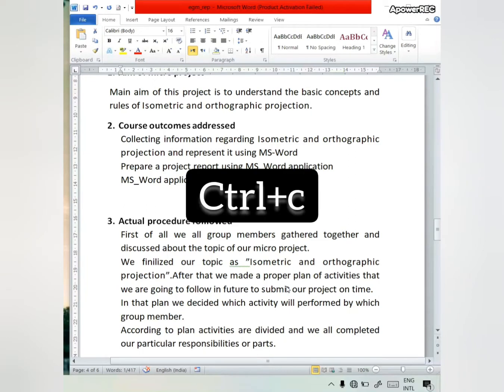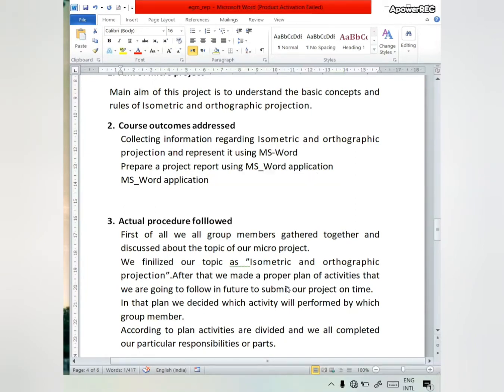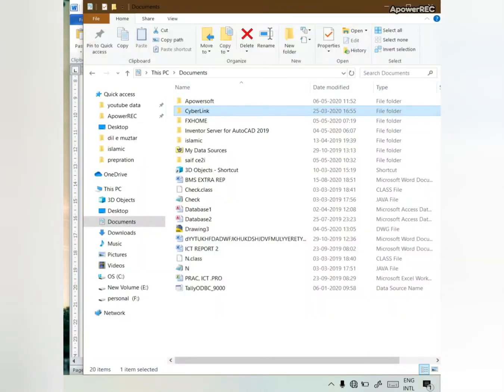Next shortcut is Control key along with the alphabet C. So this shortcut is basically used to copy the current content. You can copy particular sentences or text on your screen, or you can also copy the files and folders in File Explorer. Simply click on the file or the folder you want to copy and then press Ctrl plus C.